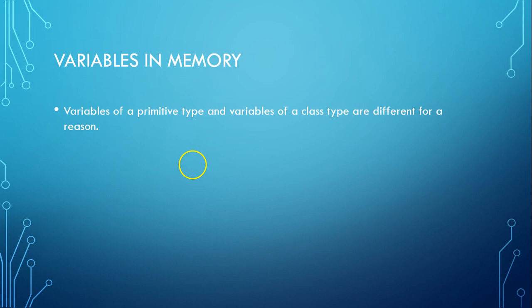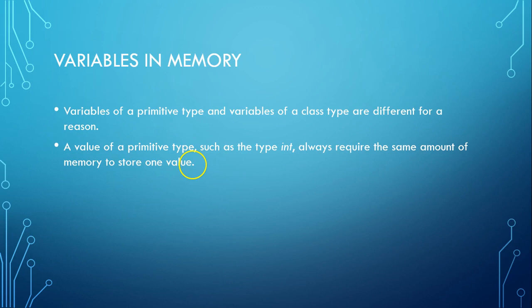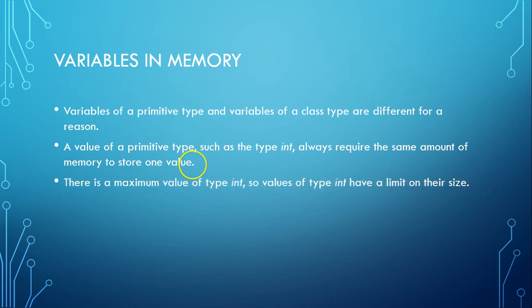Variables of a primitive type and variables of a class type are different for a reason. A value of a primitive type, such as int, always requires the same amount of memory to store one value. That's because ints can only be so big. There is a maximum value to the type of int, so the values of int have a limit on the size. Like I said, you can only have so much memory allocated to an int. That's why if you want something really big, but you want it to be like an integer, you can use